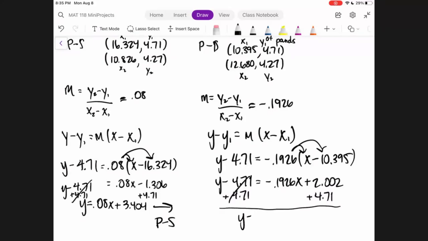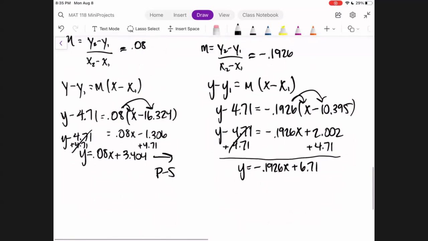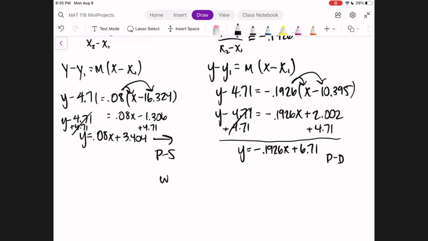So we get y equals negative 1.926x plus 6.71. And now this is your price demand. So remember, you want equilibrium quantity, so that is the x value of the intersection. Okay. Where does your PS and